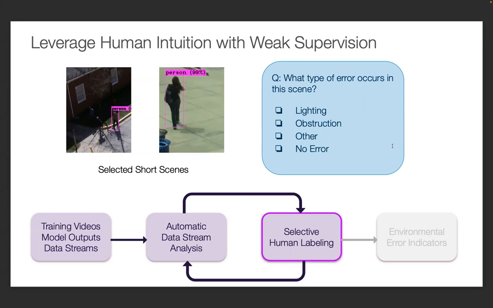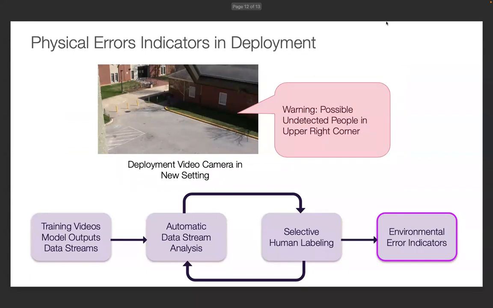And we are aiming to apply some kind of weak supervision system to feed those labels back into our time analysis to verify our final answers. And then, again, after finishing this loop, which is on the training data,